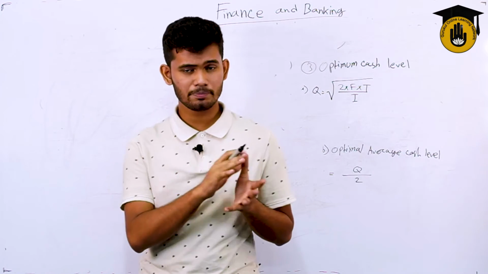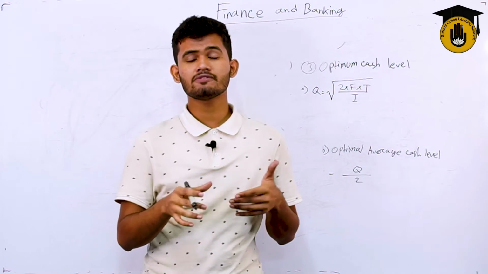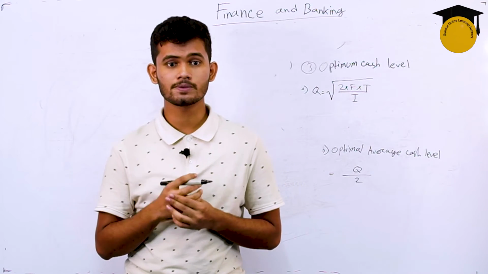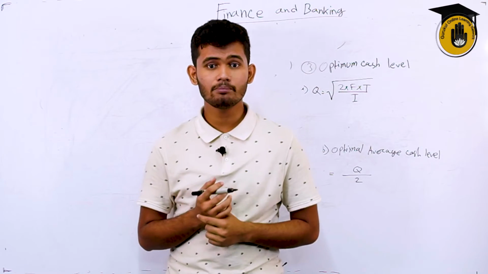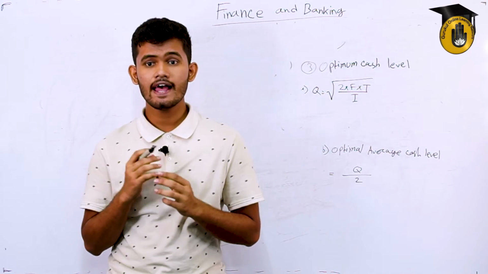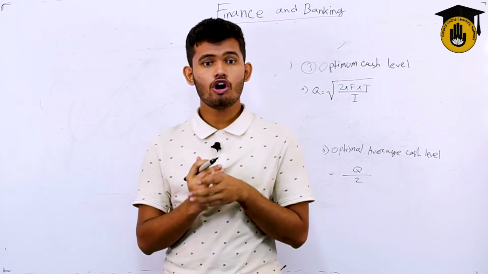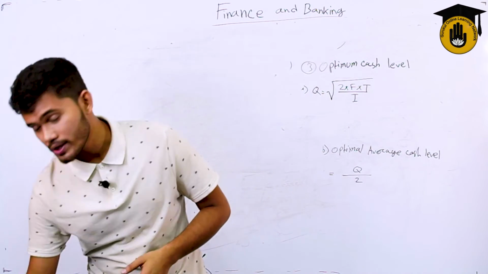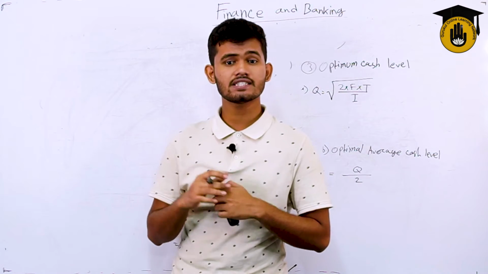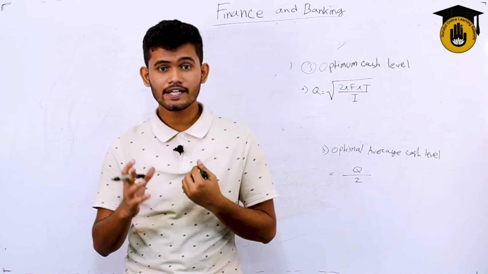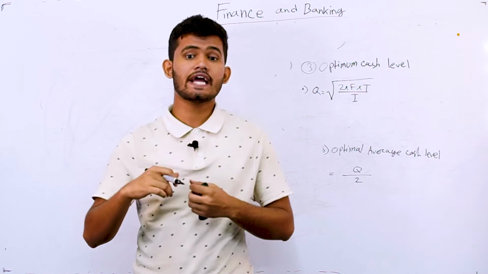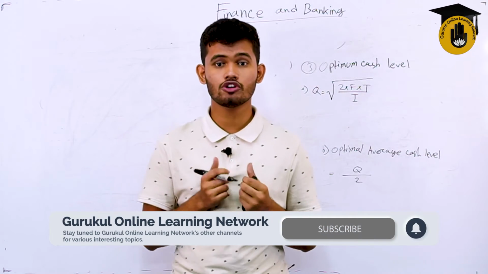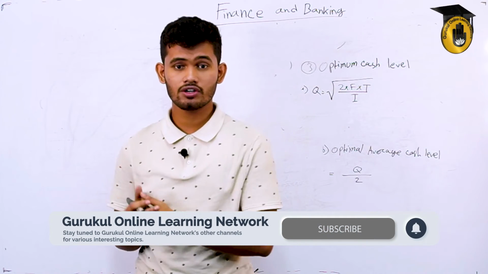He is a person who has developed many of the transaction theories of accounting and the financial regions in various kinds of books. The objective is to minimize the sum of the fixed cost of any transaction and the opportunity cost of holding balances that do not yield a return. That means what kind of transactions are we talking about? Transactions that do not give us any kind of profit or yield of a return. Holding cash balances that do not give us any kind of return, like return on investment,